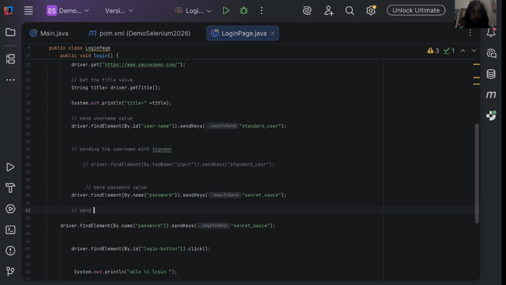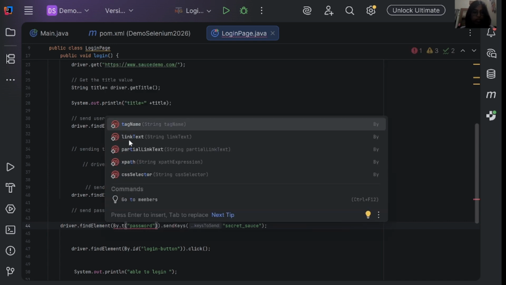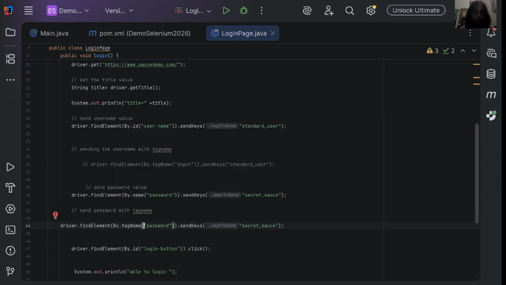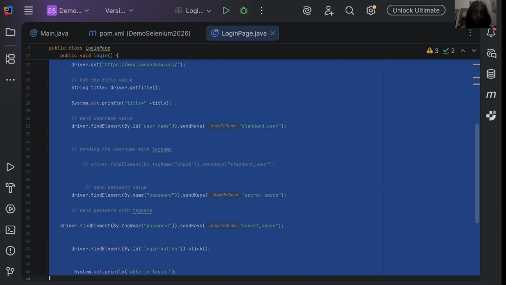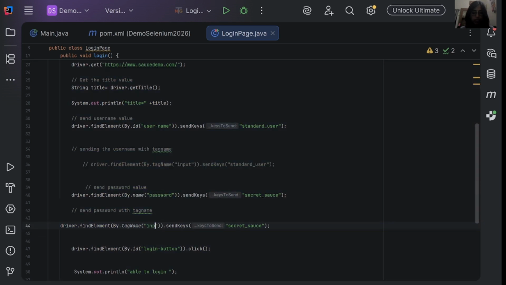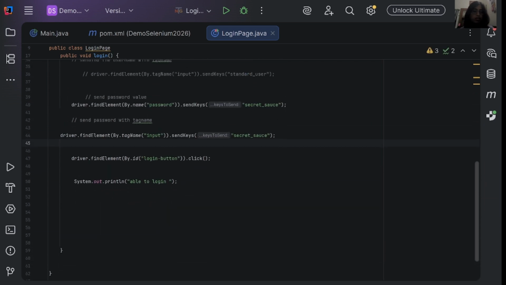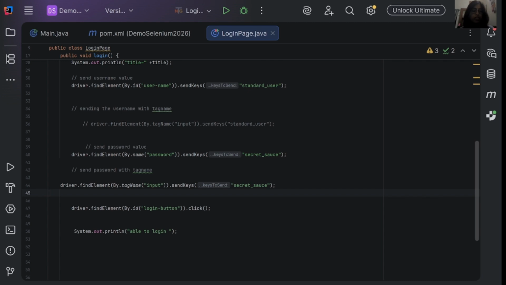So instead of by dot, we say tag name, and we take the value of the tag name as input, and we are sending the password like this. Let's see what will happen.